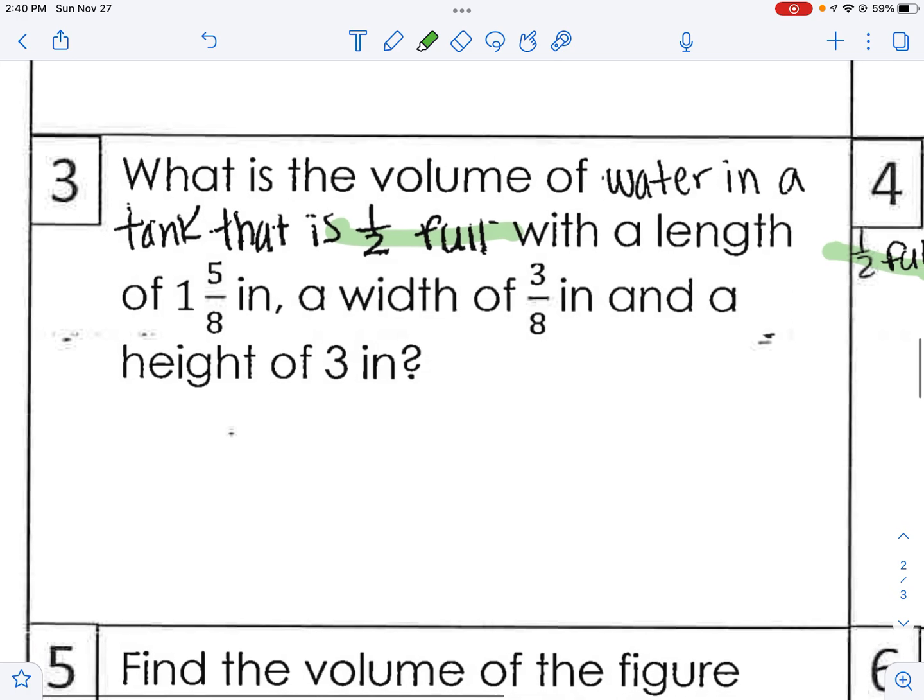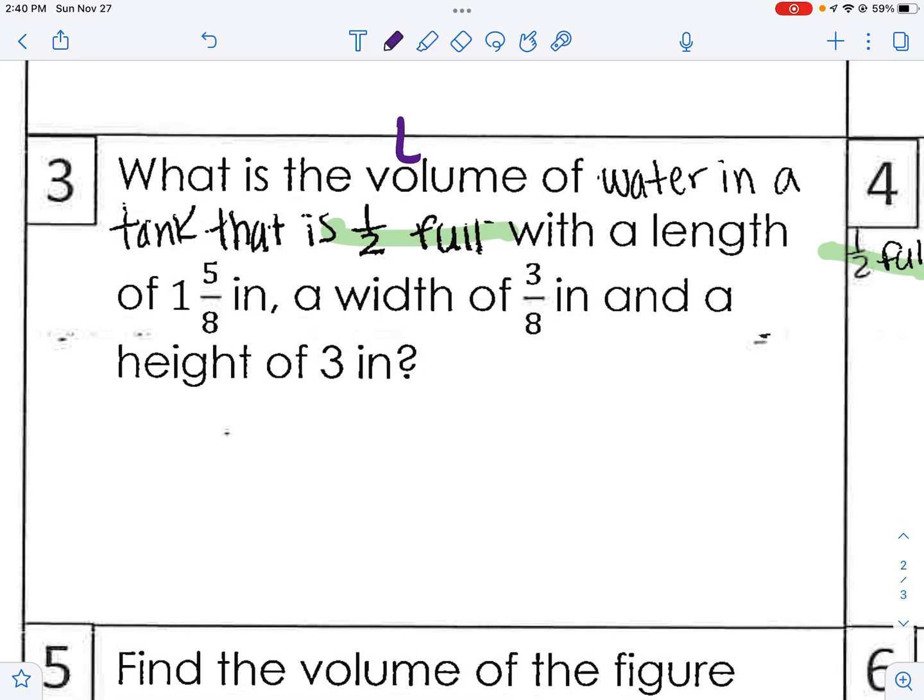Okay, so it says, what is the volume? Right away, I know that means length times width times height of water in a tank that is half full with a length of 1 5/8, a width of 3/8, and a height of 3. Okay, so I'm still going to be doing length times width times height, but the difference is I cannot use this height that they gave me right here. And the reason why I can't use that height is it says up here in the problem that the tank or the box is only half full of water, which means I have to cut whatever height they give me in half. So 3,